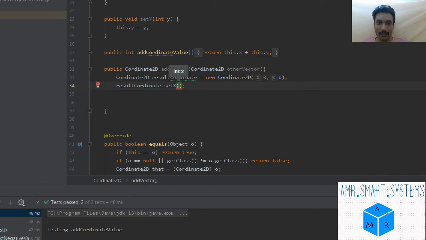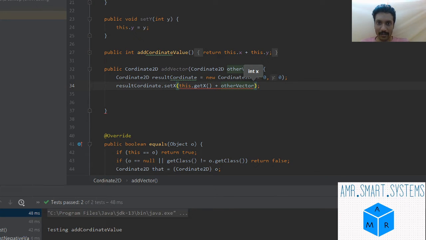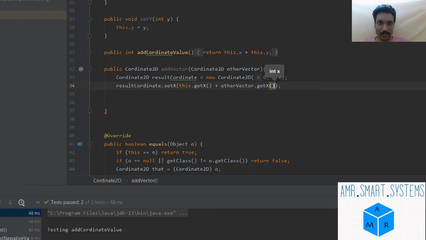The set x value will be this pointer's getX plus the other vector, which is given in the function, the otherVector's getX.